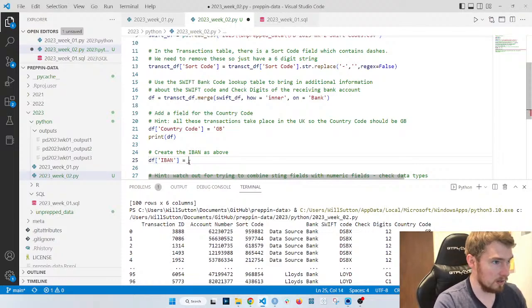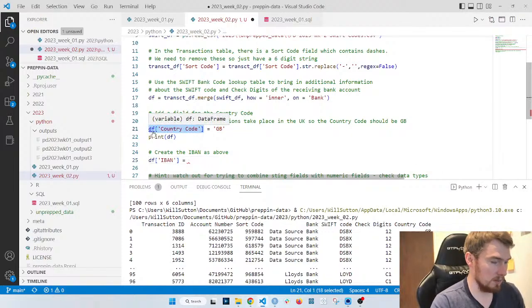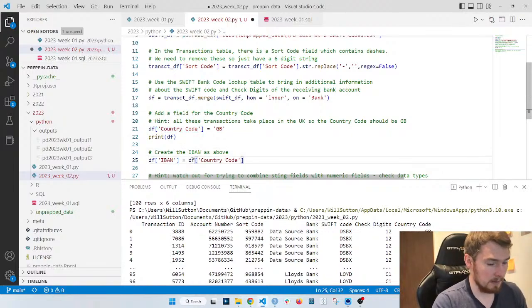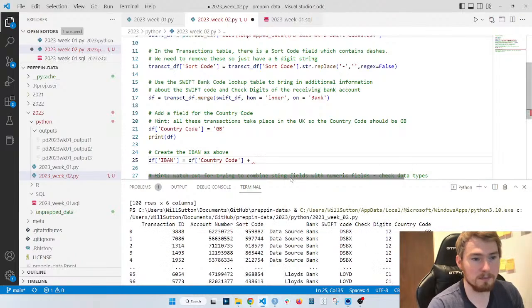I can start pasting different things together. So I know I need country code to start with, and then I'm going to need these check digits. Now, just a question. I think this should work, but I'm concerned whether Python is going to have issues adding digits to letters in this case.